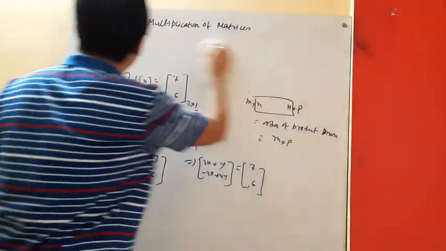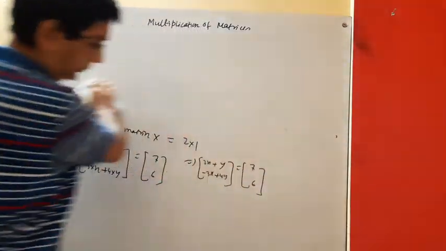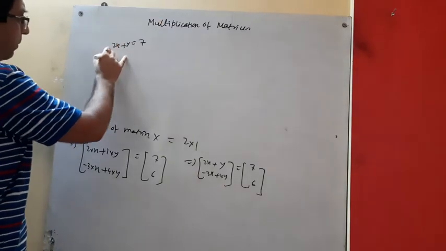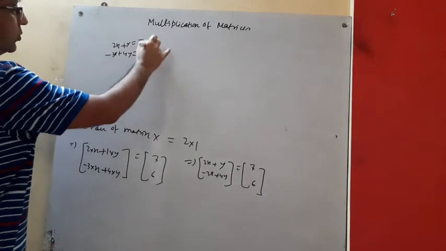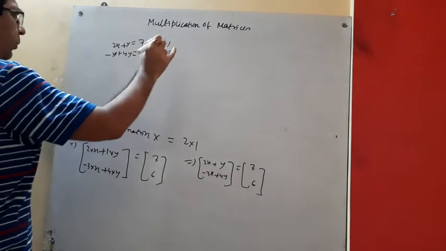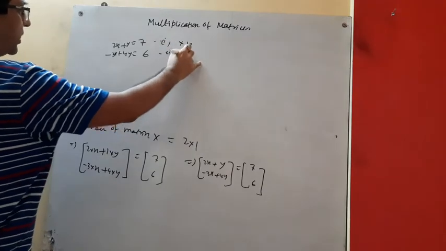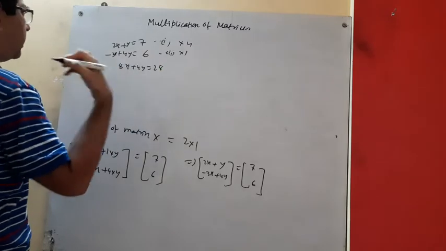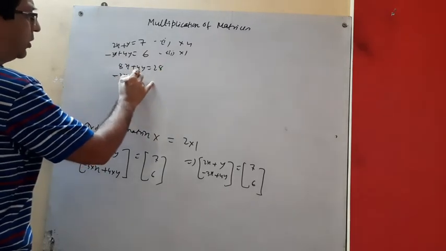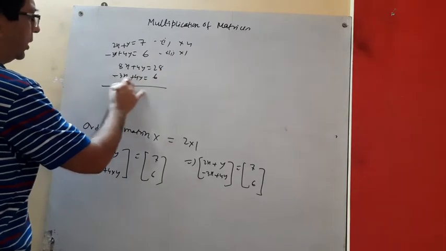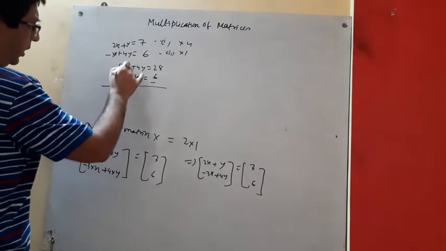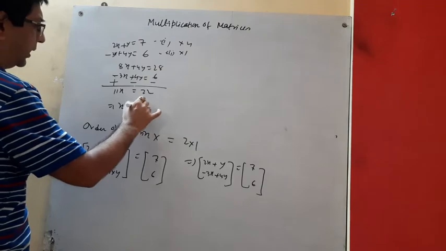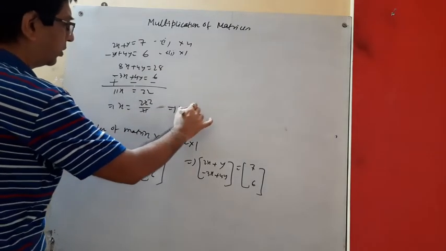How to solve the equation? We get 2x plus y equal to 7 and minus 3x plus 4y equal to 6. This is equation number 1. Any process you can apply. Multiply by 4, elimination we are doing. It is more easy. 8x plus 4y equal to... any method you can use, there is no stipulated rule that you have to use this one. Okay, go for minus, minus, minus. 11x equal to 22. That means x equal to 22 by 11, 2. That means x equal to 2.